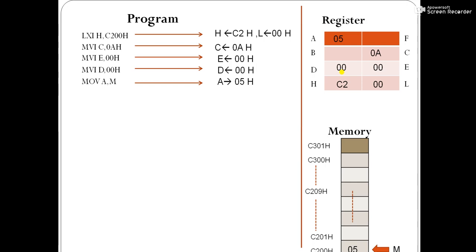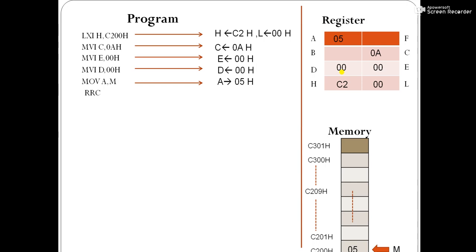Now we are going to use the instruction RRC. Why RRC? Because we want the last bit of the accumulator, that is the zeroth bit, to be transferred to the carry bit. We have learned this instruction before.